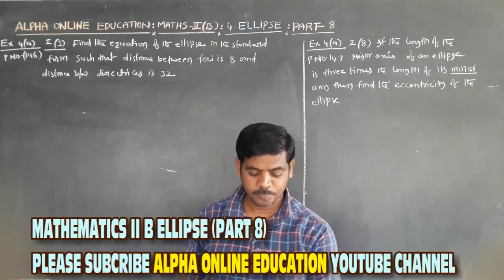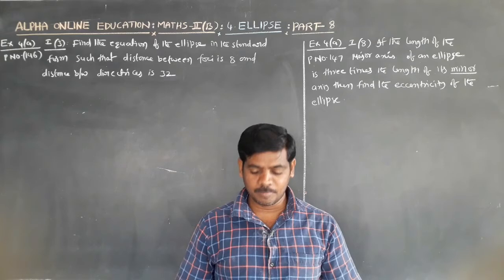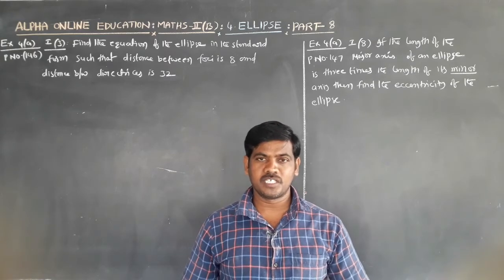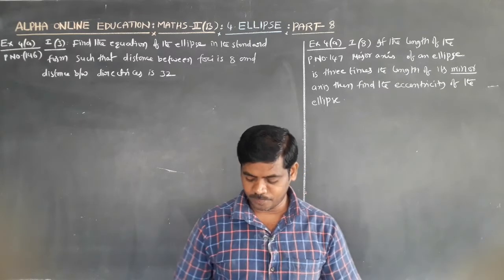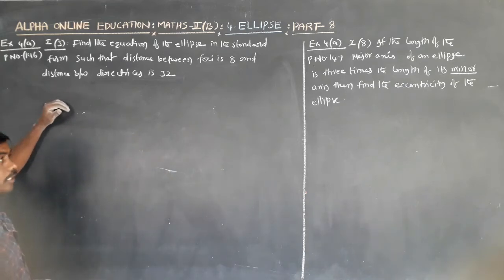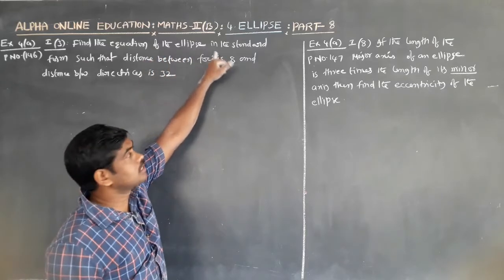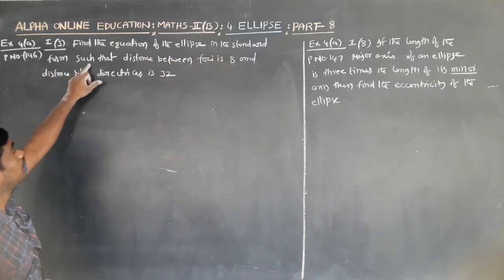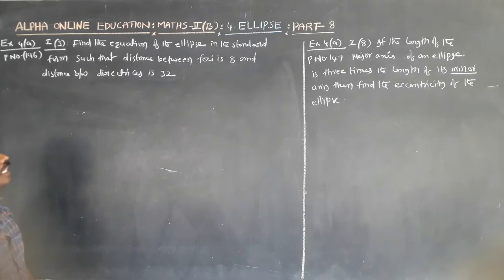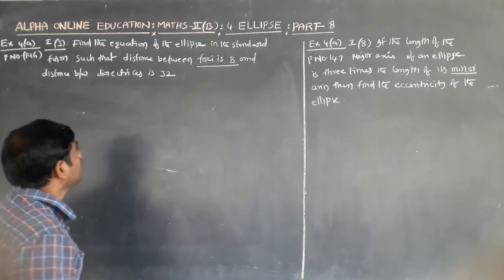Two problems, Mathematics 2B, fourth chapter: Ellipse. First one is Exercise 4(a), first bit, third problem, a very important problem. Find the equation of the ellipse in the standard form such that the distance between the foci is 8 and the